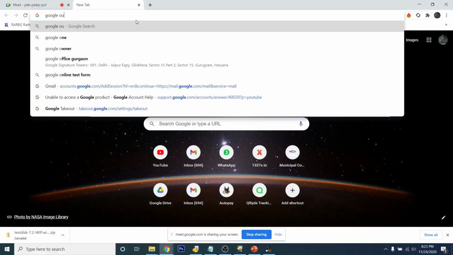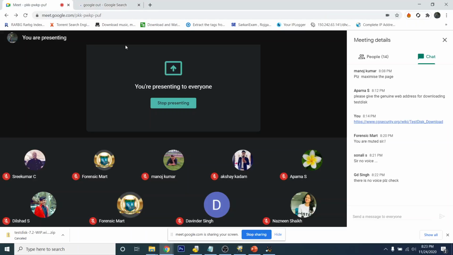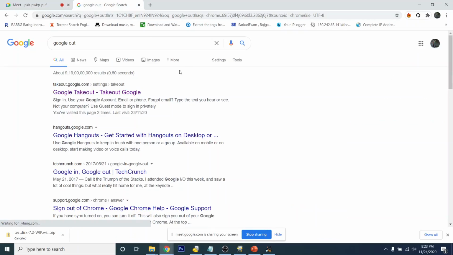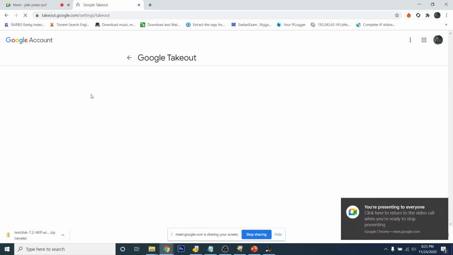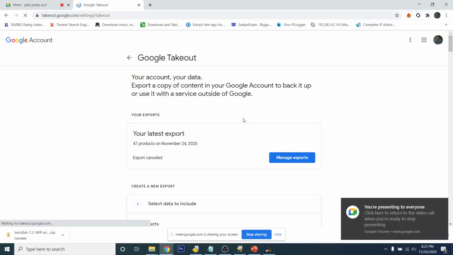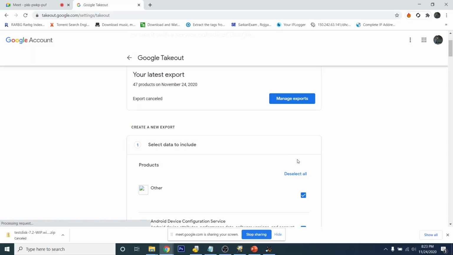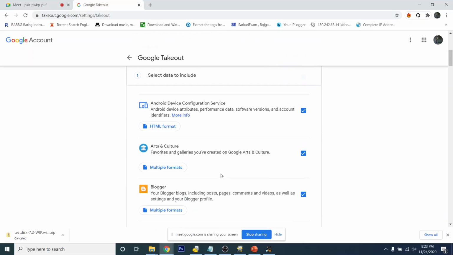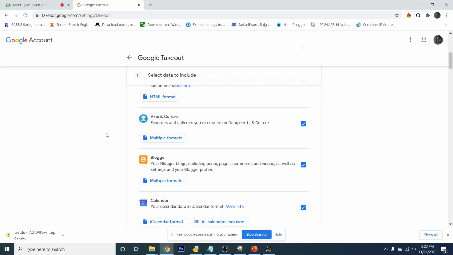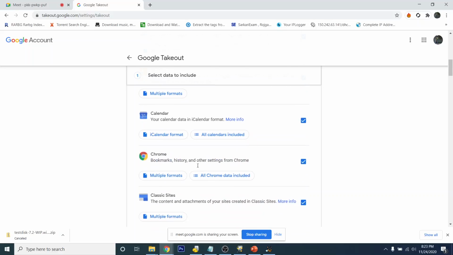So this is the feature of Google Takeout. You can recover all your data. If your phone is lost, you can recover all your data present in your phone which is used by Google. You can see there are many Google platforms, like Blogger, which is also owned by Google.